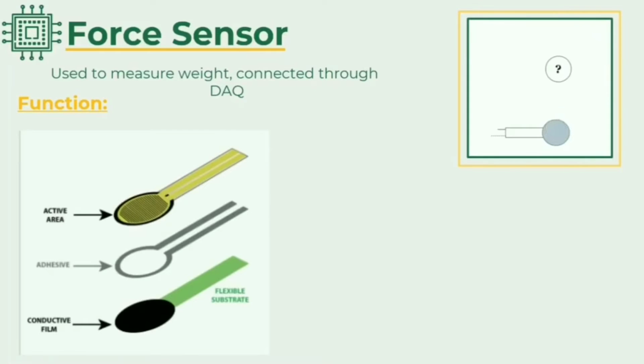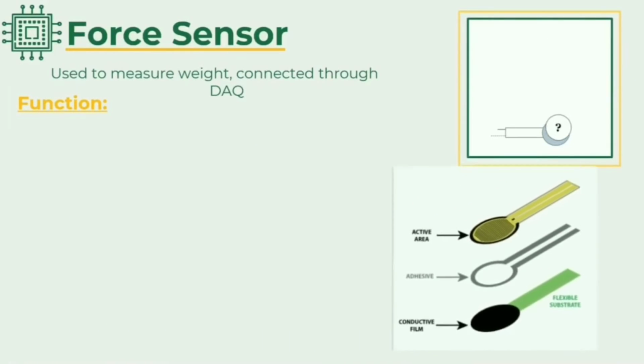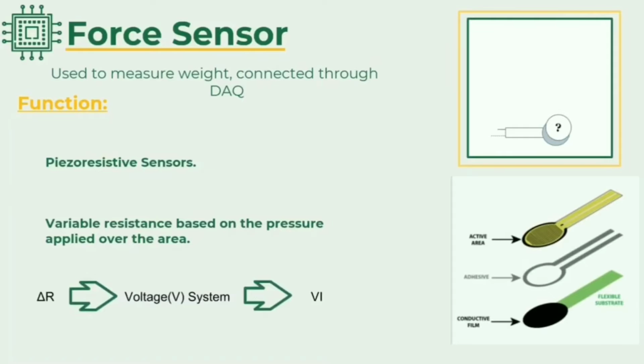The active area is separated from the conductor film by a thin adhesive layer so that the greater the pressure that is applied on the top, the closer the area gets to the conductor film, creating variable resistance for the sensor. Since this is the only change in our system, the VI can recognize the change in the incoming voltage and, through different processes,